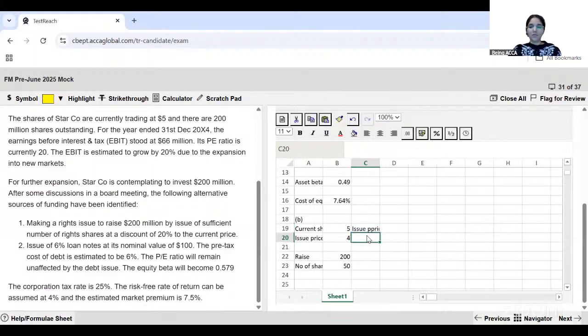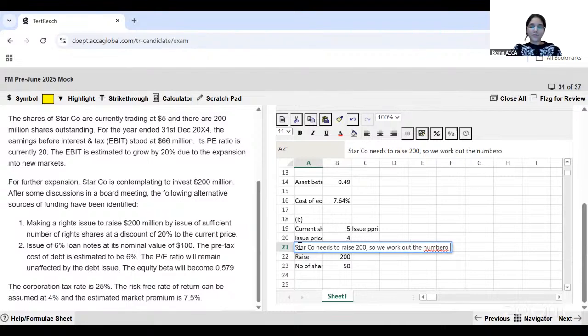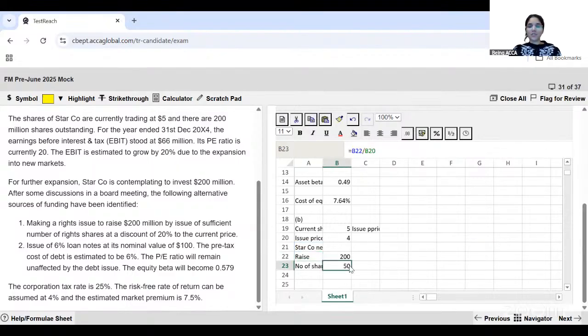So then we show the working of our issue price, and then we will say that the rights issue price will be this much. Star Company needs to raise $200 million. So we work out the number of shares to be issued: 200 divided by 4, which will give you